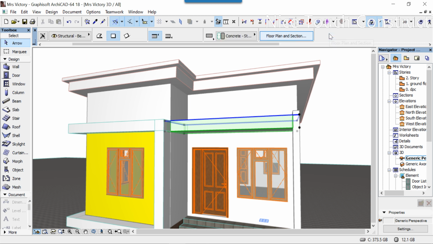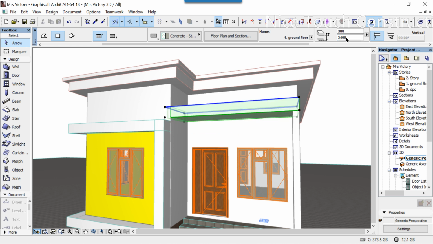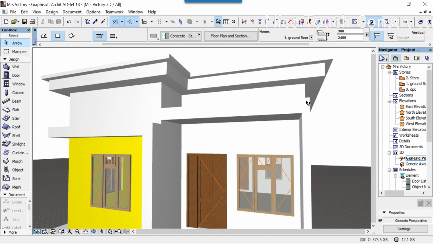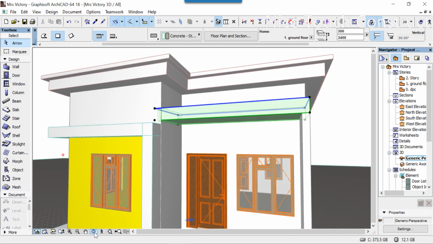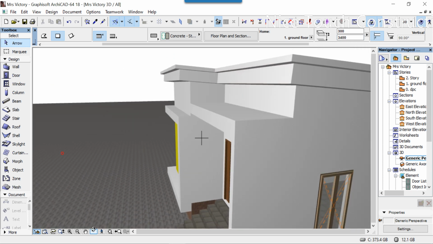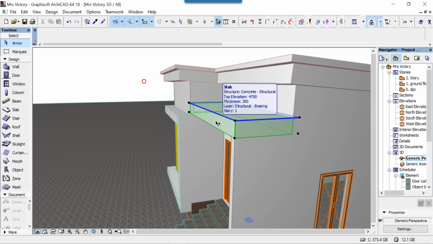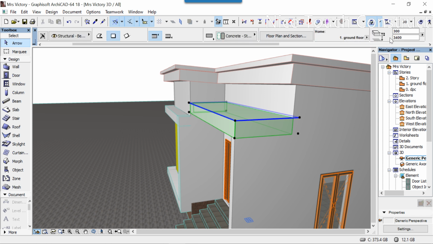So come here. Let's take this wall up. Let's do this 3.4 meter. 3.4 meter. Is it cool? I don't think it's cool enough for me. Let me check. Let me rotate and see what I have. What's the total height of this? This was 3.1, then this 3.4. I still want this to go up a bit to